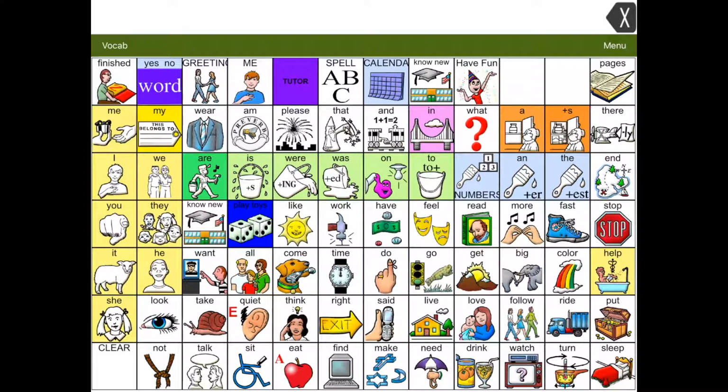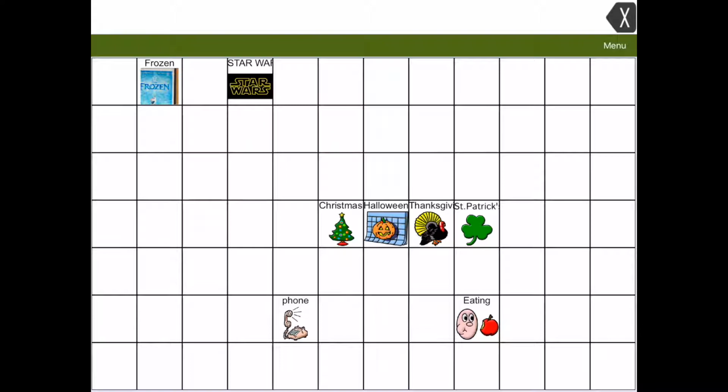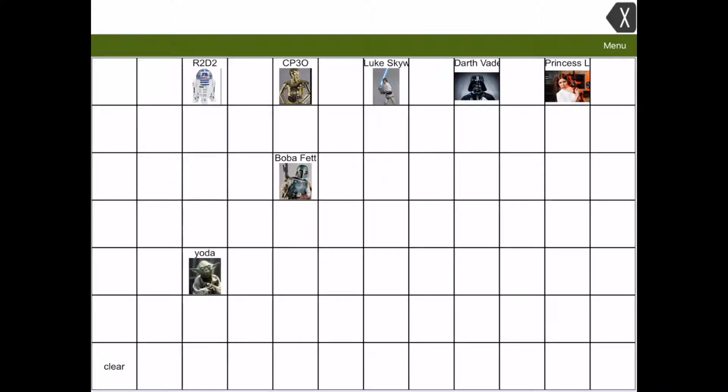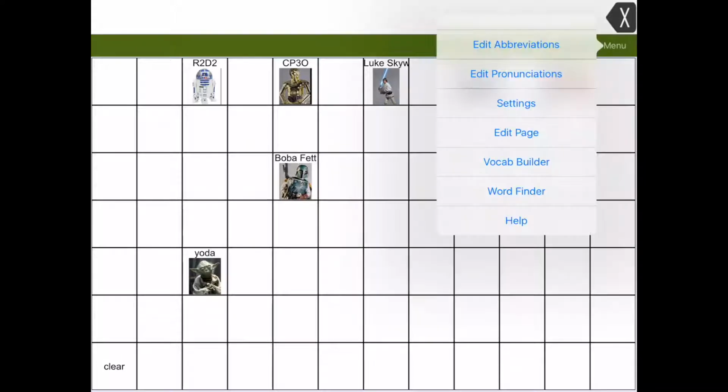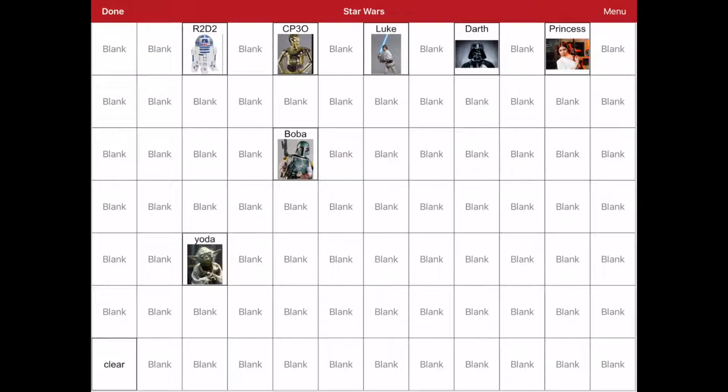To add a word to Dan's board, first you need to know where he wants to put it on the board and how to get there. For this example, we're going to add the Death Star to his Star Wars vocab. So we'll go to Pages in the top right, Star Wars. And now that we've found the page he wants to put the button on, we go to Menu, Edit Page, and we can pick any of these blank squares. So click one and hit Create New Button,